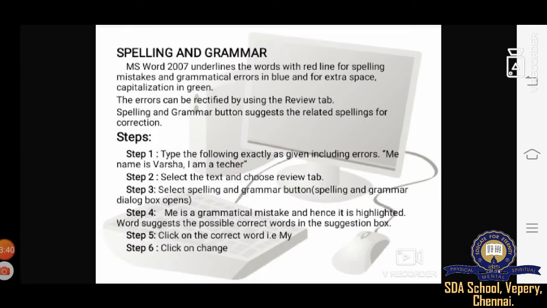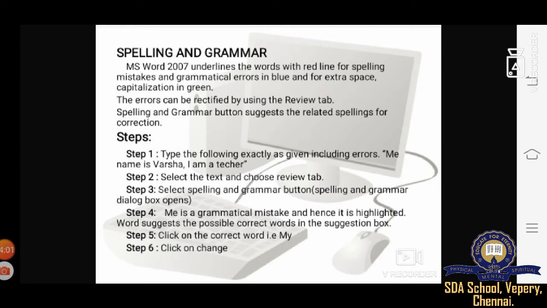MS Word 2007 underlines the words with a red line for spelling mistakes, and all the grammatical errors in blue. I repeat, MS Word 2007 underlines the words with a red line for spelling mistakes.